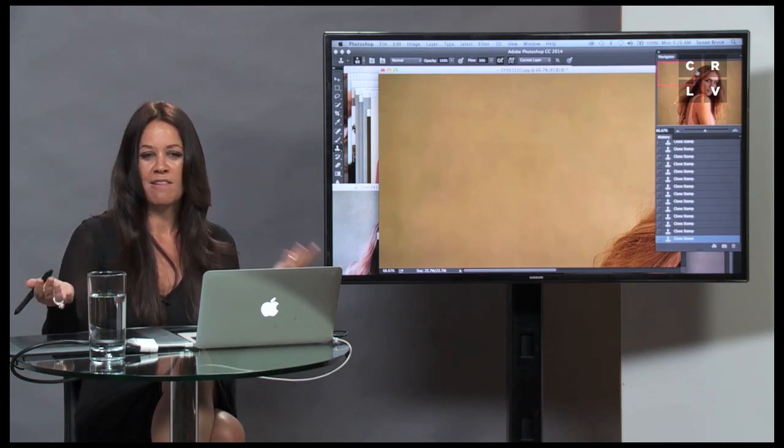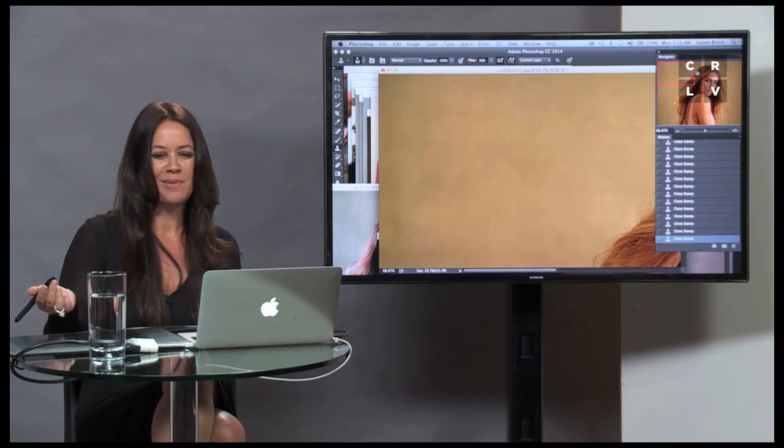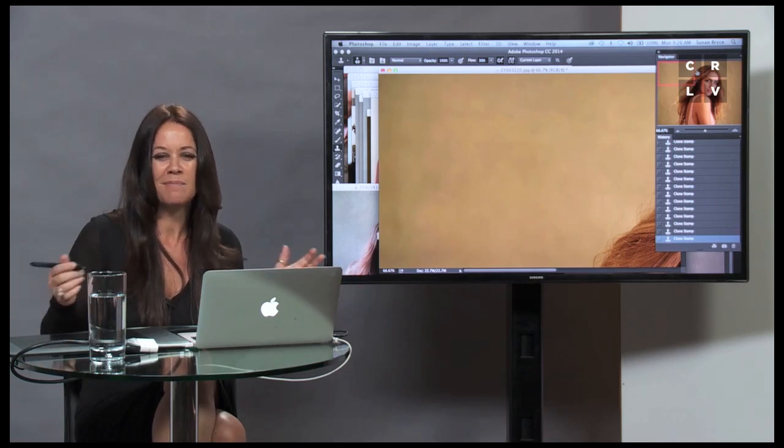People asked me, can I release my own actions? And I was like, why would I do that? I don't want to sit around and make actions. I just want to buy the best actions on the market. For me, Alien Skin was every action that I've ever wanted in one software. I don't have any other actions now. There's nothing else I use for my editing. It's just the bomb for me.